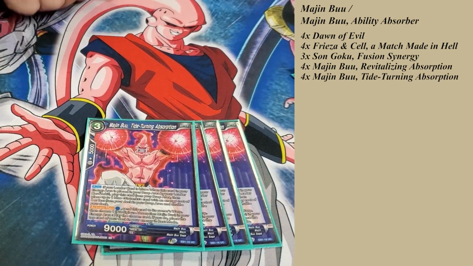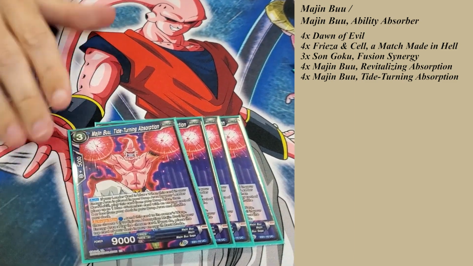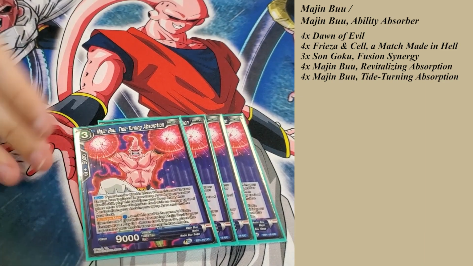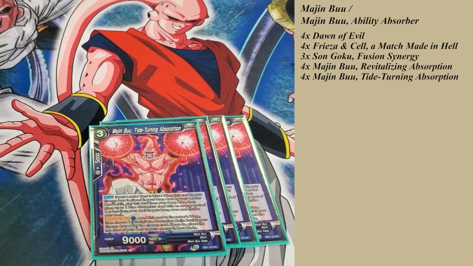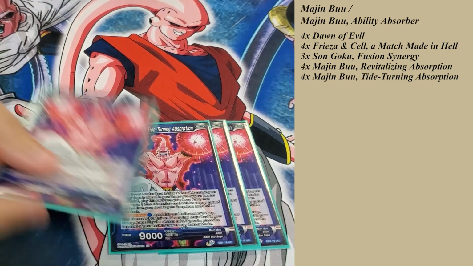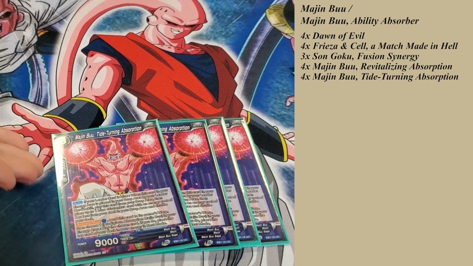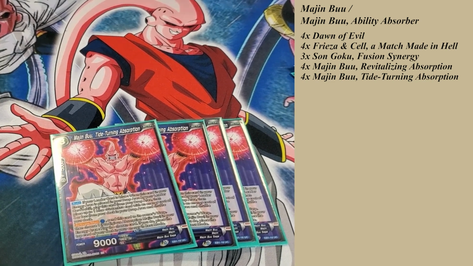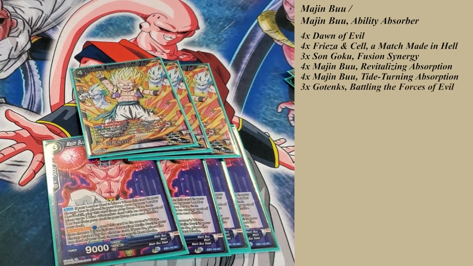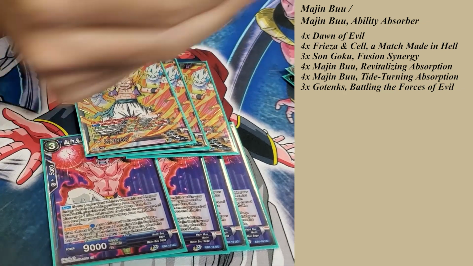Another highlight of the deck, this Majin Buu Turning Tide Absorption. Usually charge this turn 1, sometimes turn 2 if I don't see it. This is generally what I'm searching with Dawn of Evil. I charge it, and then with your leader, whenever you place this card into your drop area, it comes into play. And whenever it comes into play, you search your deck for a Gotenks, which the Gotenks target that we're playing is this 4-drop, and then that goes into your drop area. Ideally, you're bursting